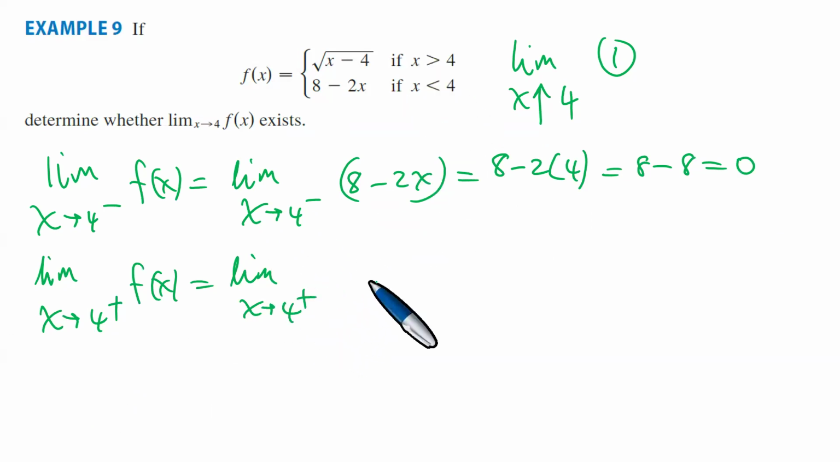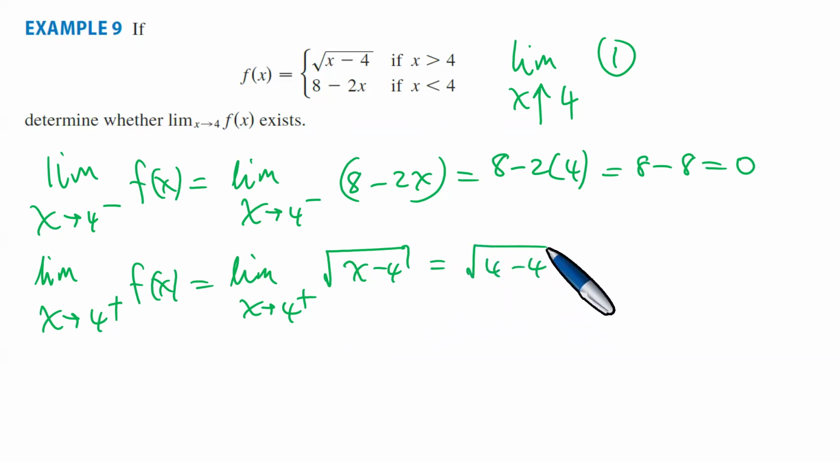Okay, from the right is this one. Which is exactly 4 minus 4, which is the square root of 0. The square root of 0 is what? It is 0. Okay, hence